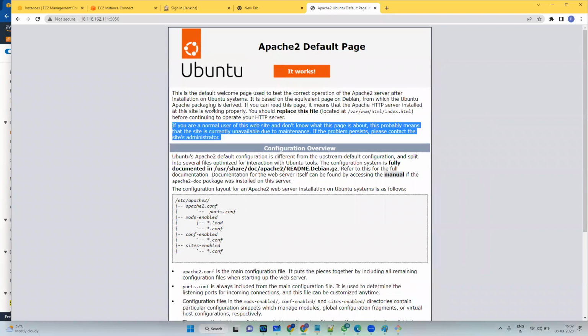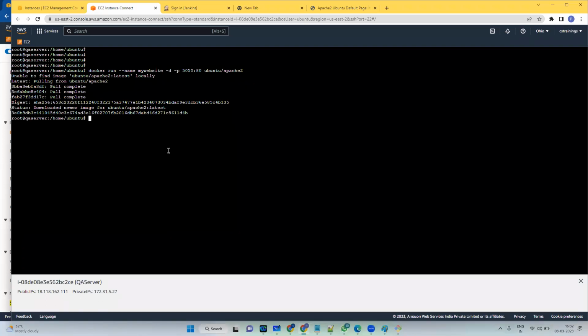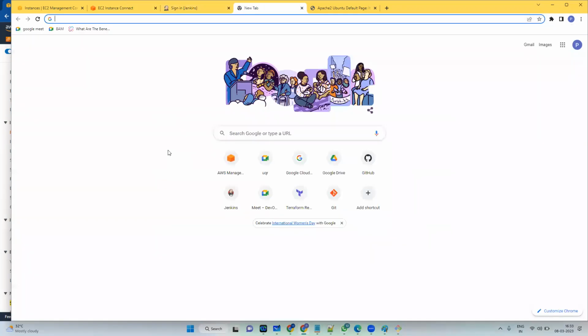Right? So this way we have a lot of interesting content. If you want Tomcat, on the same QA server, I can start Tomcat as a container. Again, docker run --name my-tomcat -d -p, let's say 7575 mapped to the default port of Tomcat, 8080, and say tomcat. Enter. What happens again? A Tomcat container gets created, and on the same QA server, now you are running 3